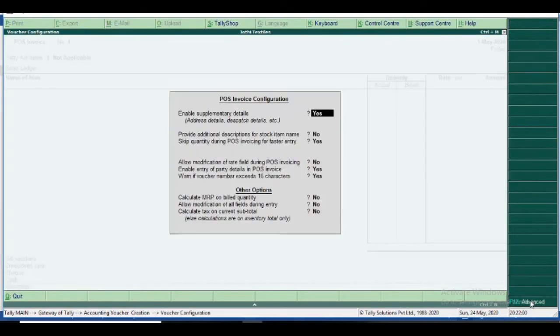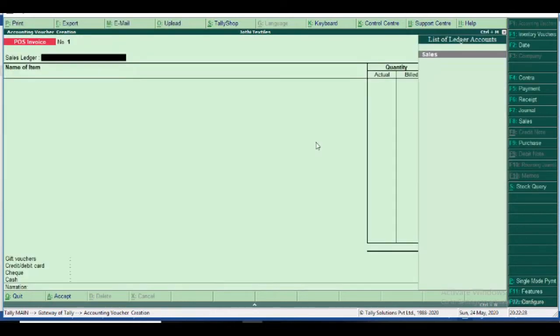Then for the configuration discussion, F12, then skip these options, disabled. These two options disabled. I press F12. The option skip quantity during POS invoicing for faster entry mode is enabled here, so I disable it, no. Then enable entry of party details in POS invoice, no. First you select sales, yes, sample also sales.